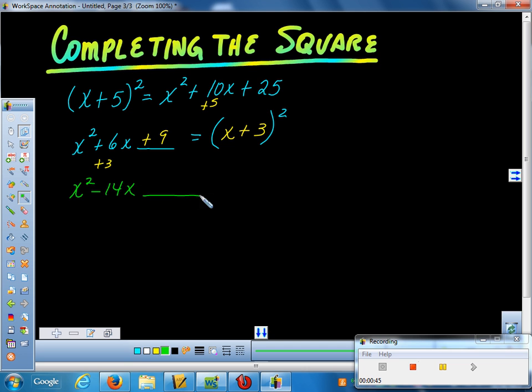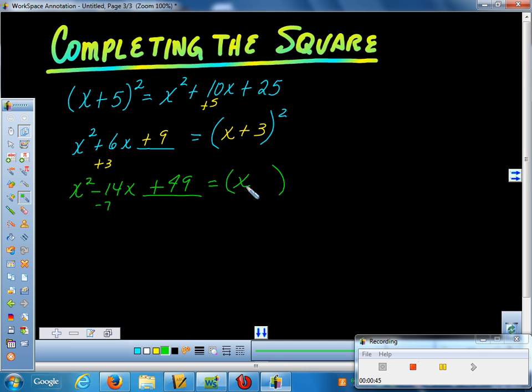Okay, what number completes the square for x squared minus 14x? What's half of 14? Technically a negative 7. Okay, now what goes in the blank though? You have to square that number. So what do you get? 49. So it would be plus 49. Okay, what perfect square does it make? X